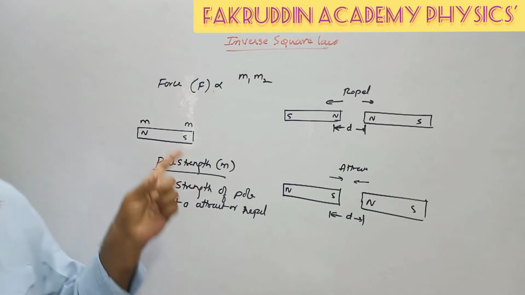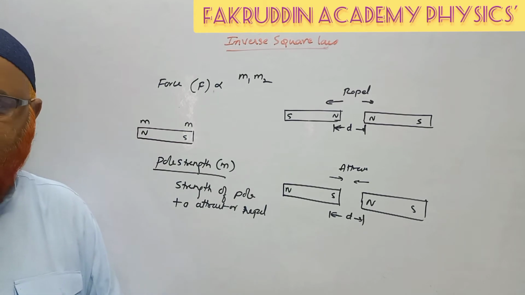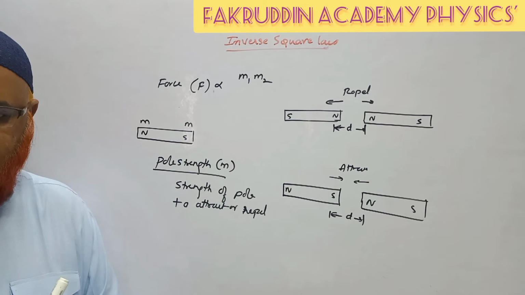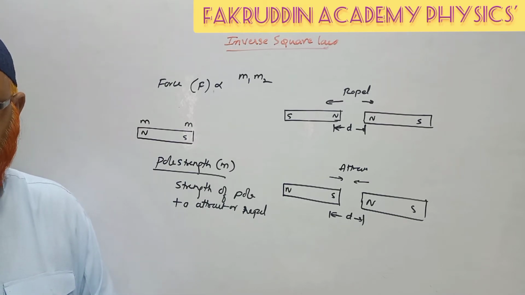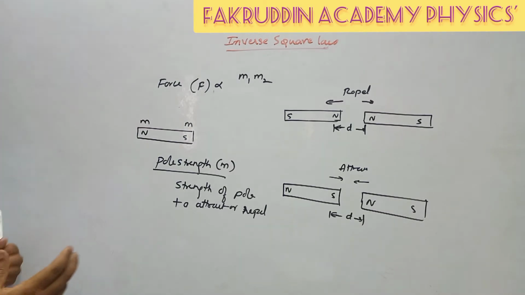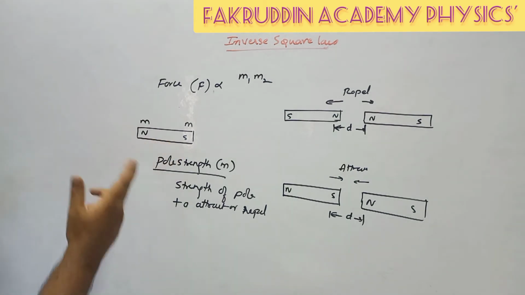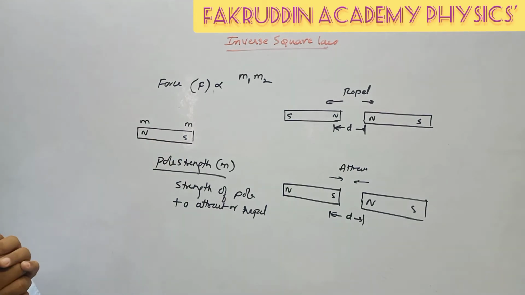Understand? So two poles have the same pole strength. Just like you have two hands, both hands have the same energy, either right hand or left hand. Do you feel the left hand has more energy because you are using it more? It's not like that, isn't it? So both have the same strength. Similarly, both poles have the same strength for a single magnet here. So we shall discuss this now.